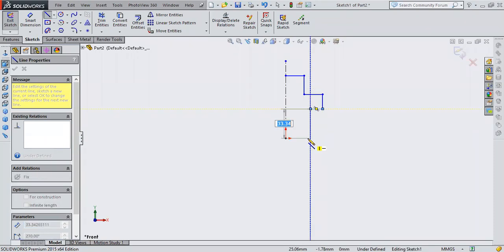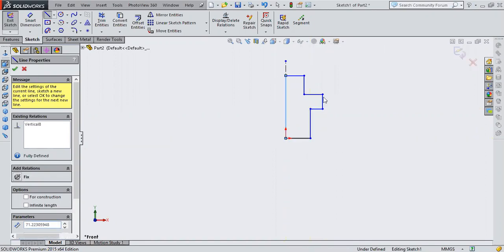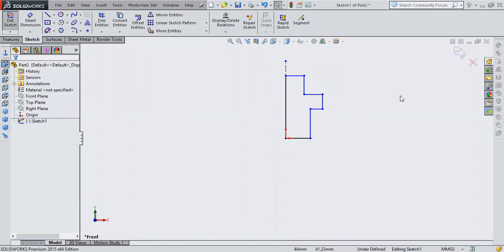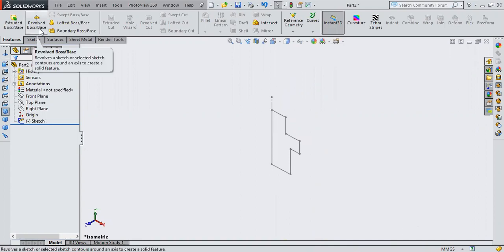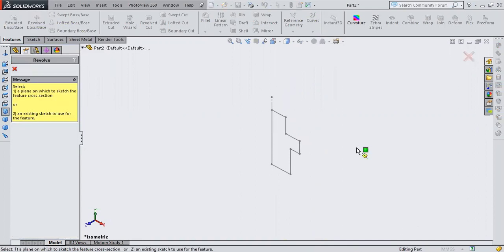It was something like this, if I remember. And it has some fillets here, right? We have some two curves here. I won't create that now. Once everything is done, just click on exit. Just give a click outside. It should not be highlighted like this. Just give a click somewhere on the screen. It should be a dull black color, okay? So after that, just click on this revolve boss bar base. Just don't select anything, just select this axis, okay?